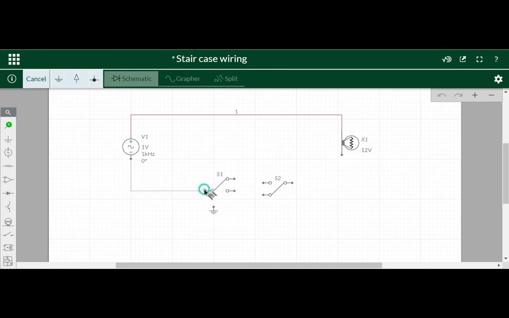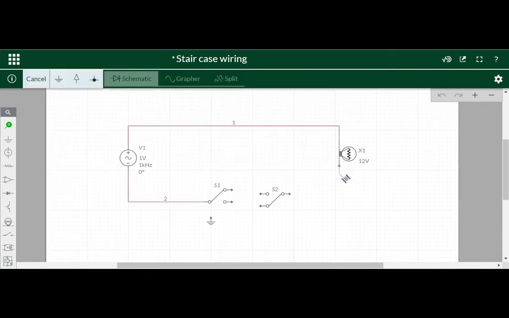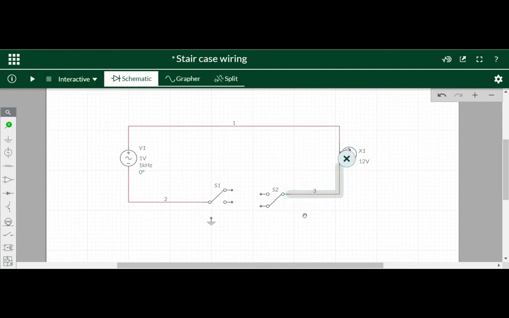Then we have to connect it to the middle point. This is considered the middle point of a switch. In the same manner, this is considered the middle point of the other switch, and we connected as we have seen in the circuit diagram. Then we have to cross connect these two points, correct? Like this we can do the cross connection.